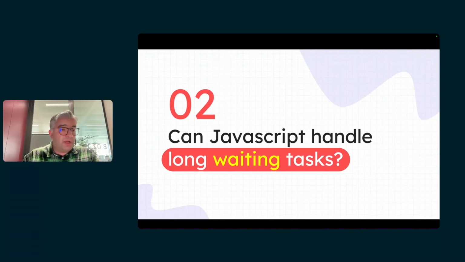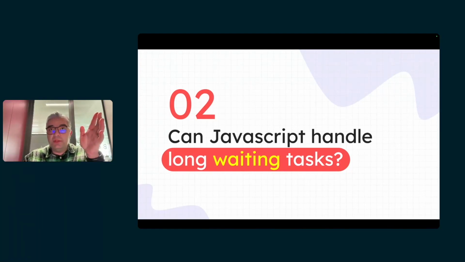But from time to time, we want to do something which is dependent on, let's say, a third party. For instance, we want to send a request to a server and grab some data, a list of users. So this one is a long waiting task. I should wait for something. As soon as the data arrives, I should do something. One of them might be rendering the list.